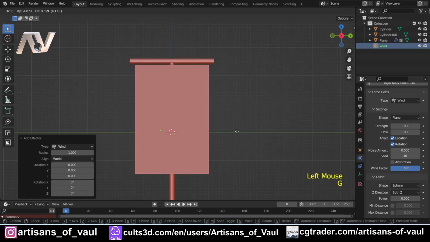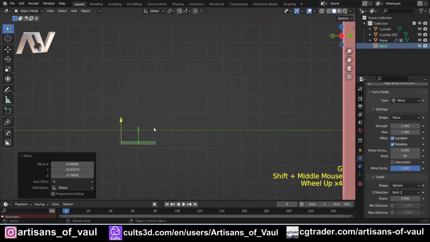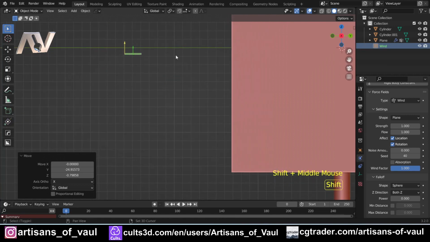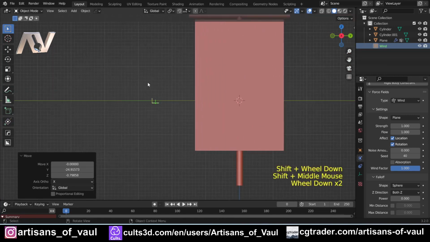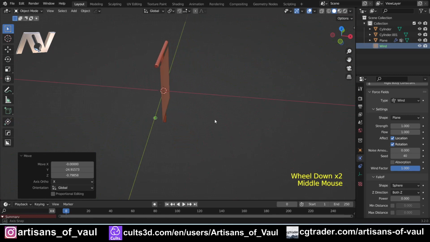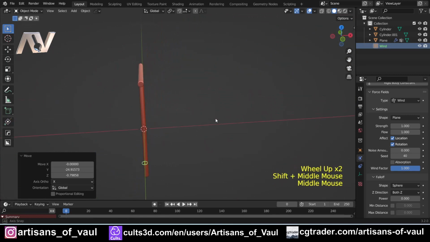I'm going to press G to move it to the side just so we can see this. And at the moment, the wind is in the direction of these arrows. So it's moving upwards. We don't want that. We're going to want that from a direction. Now, this is going to be massively dependent on your view of your miniature. If this is going to be a thing moving forward, you probably want the wind